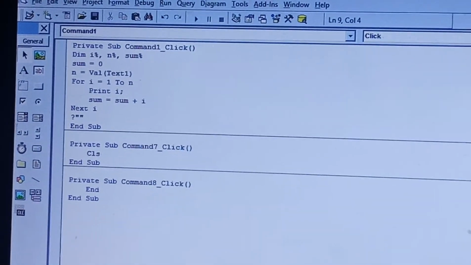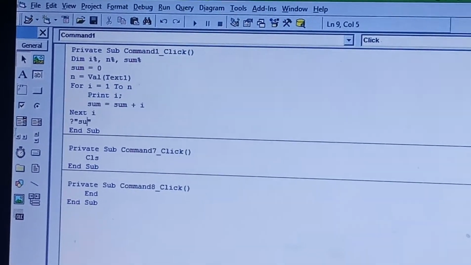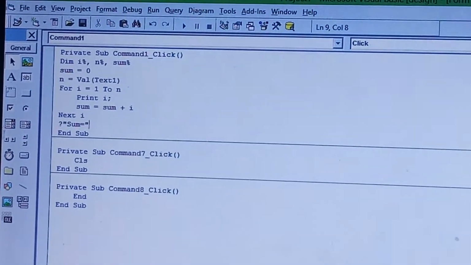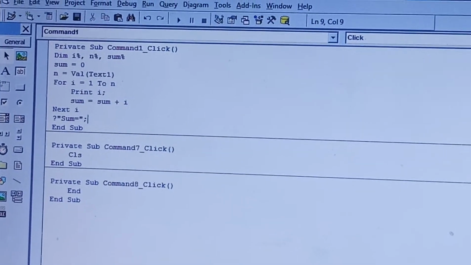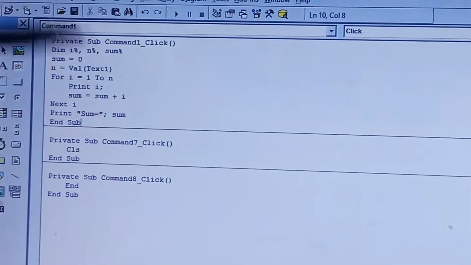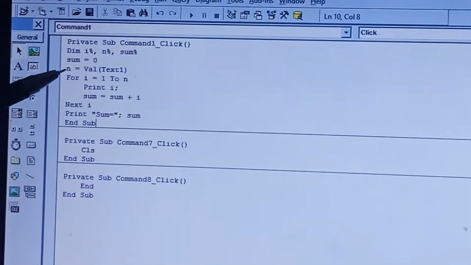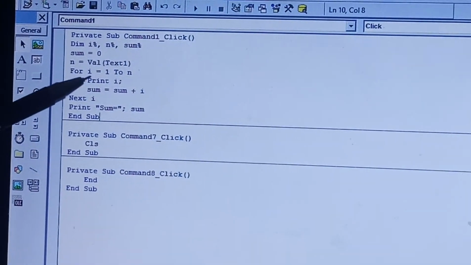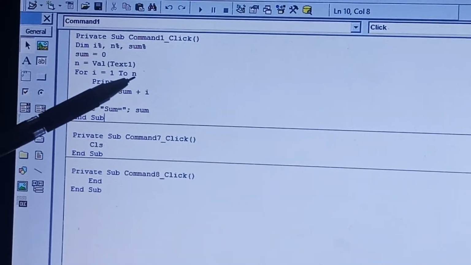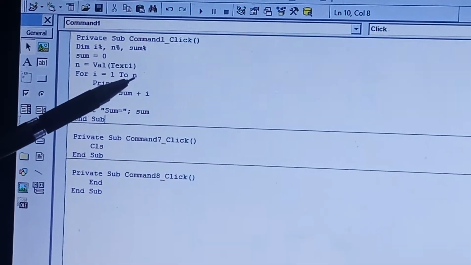So I'll write print "sum is equal to", sum. Okay, now what is happening here, children? Now suppose the value of n is 5. So this loop will run from 1 to 5. Since n is 5, VB will substitute 5 in place of n.